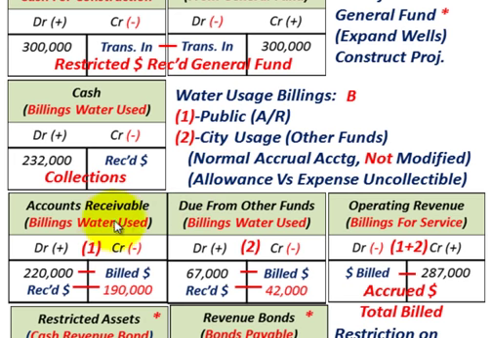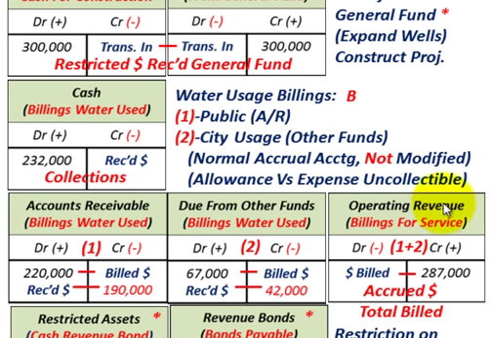So let's look at our situation. Say, for example, the public has been billed, debited in our accounts receivable, billings for water used. They have been billed $220,000, and you debit or increase your accounts receivable by $270,000 for the amount billed for the monthly billings. And then the city usage would go to due from other funds, billings for water used. You would title it as such. You would debit that for $67,000. So you're breaking it apart between the public usage and the city usage.